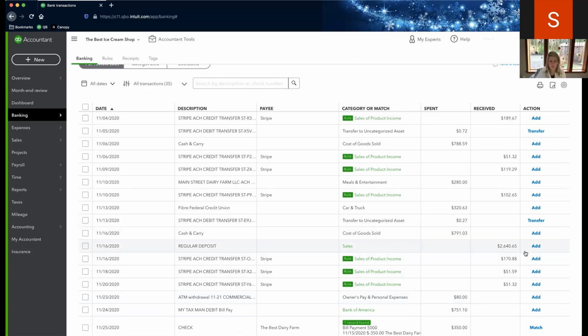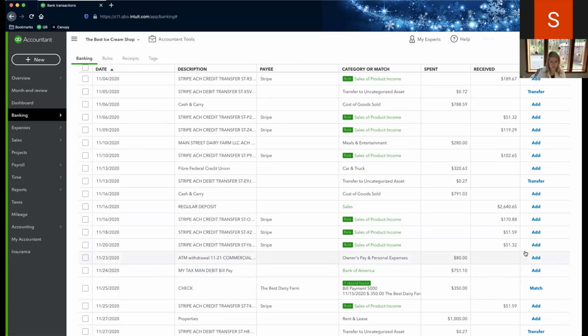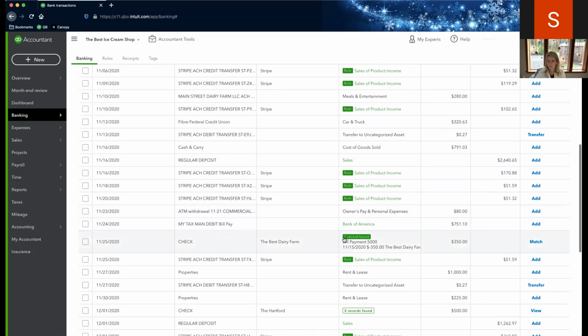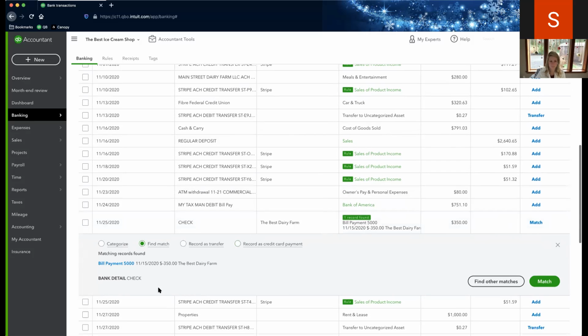And then we'll go through and do an actual matching. So if we go down here, this one here shows 1 record found. So like I said, a lot of people will see, oh, 1 record found, great. I'm going to just go ahead and match it without looking to make sure that that's what it is. So I want to click on it. The bank detail only tells me that it's a check. So I would want to double check, either like pulling up my bank account,